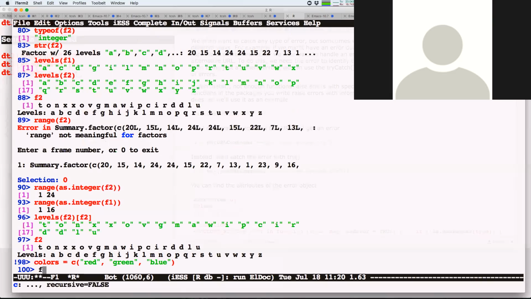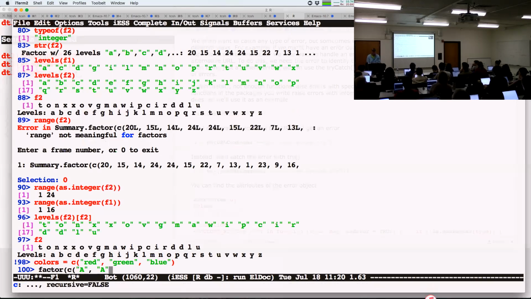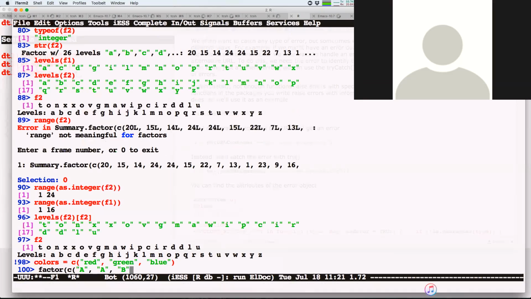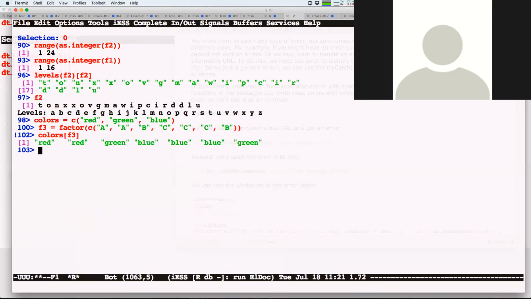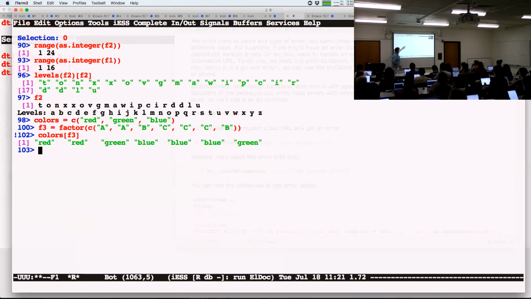And if I have a factor that looks like A, A, B, C, C, C, B, this is F3. Now colors of F3 gives me back A corresponds to red, so I get 2 reds, followed by green, followed by 3 blues, followed by a green. That's why factors are useful.